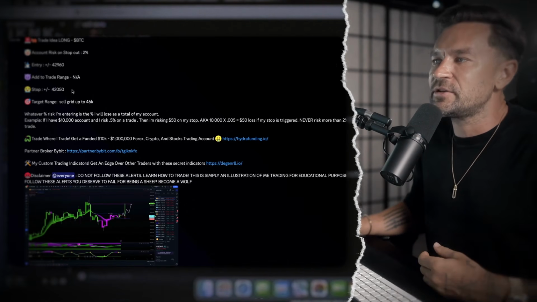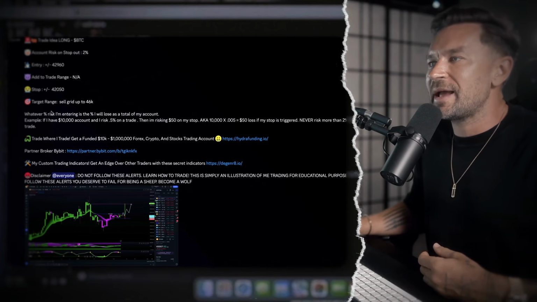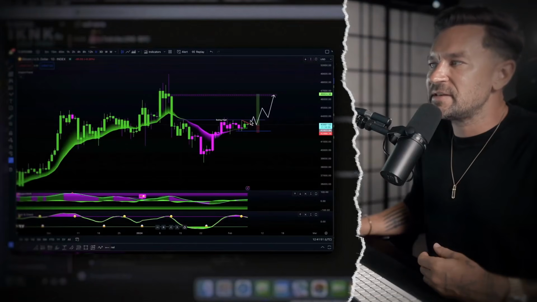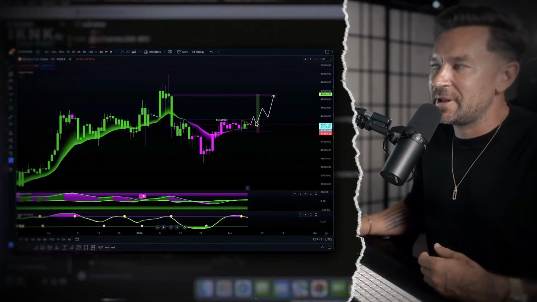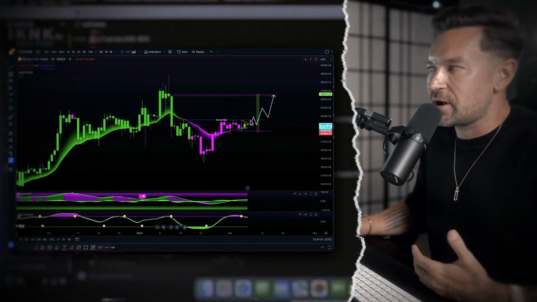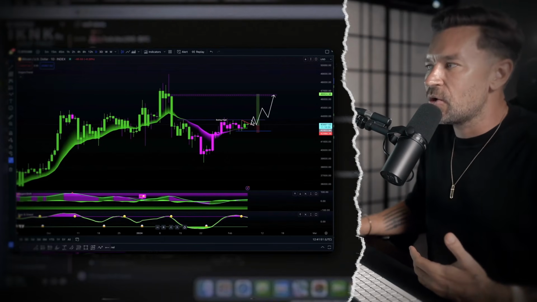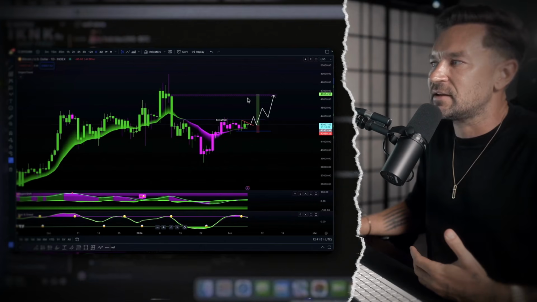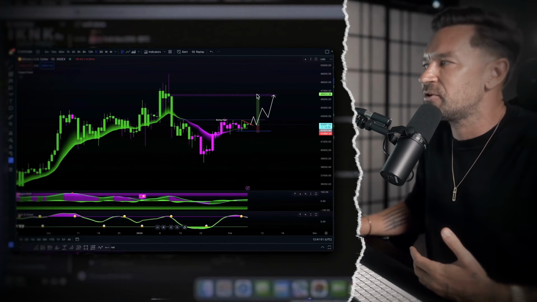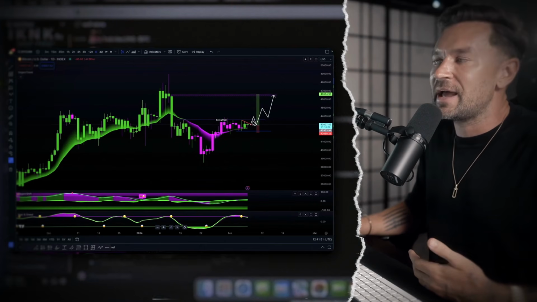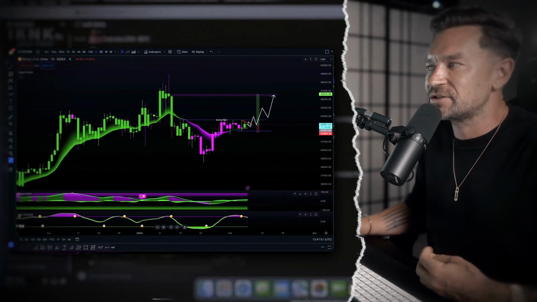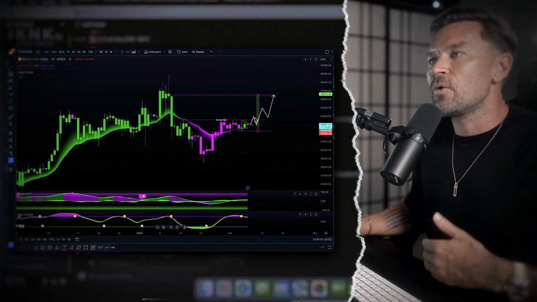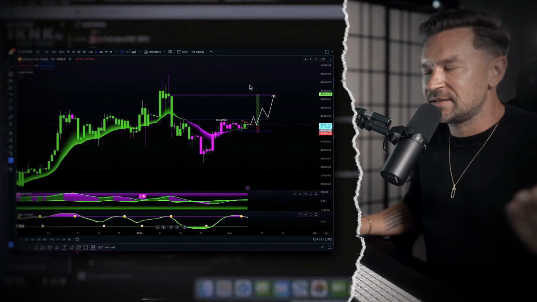42,960, stop at 42,050, with my actual target range sell grid up to 46,000. That basically just means that I'm going to be locking in gains. They call it a ladder order on Bybit or other brokers out there, where I had 20 orders, all the way up to about 46.6. All 20 of those orders actually got filled on my position, which allowed me to make about $17,000 on